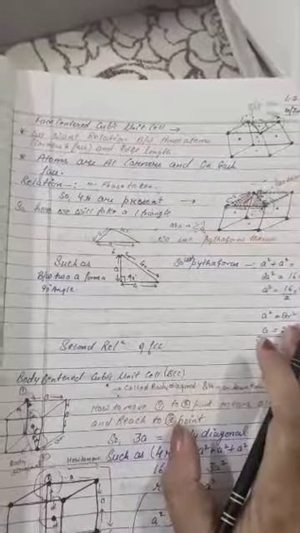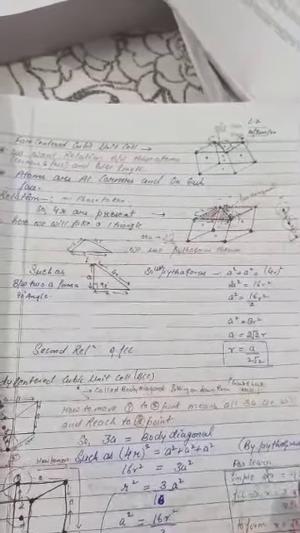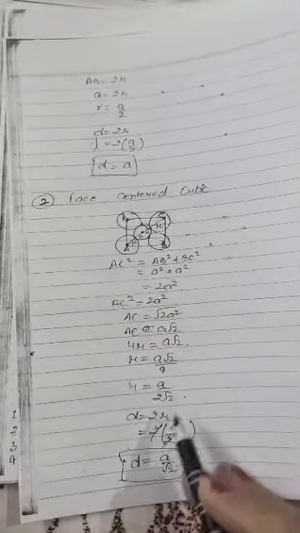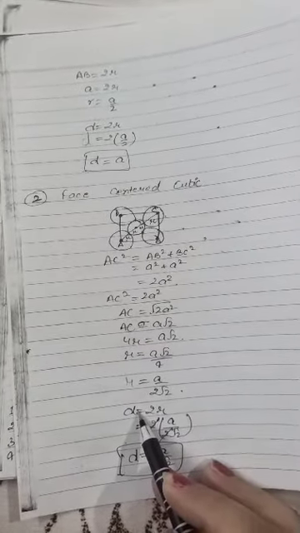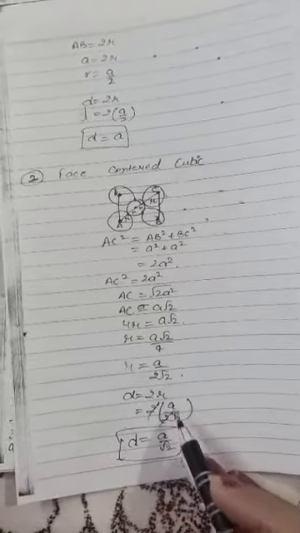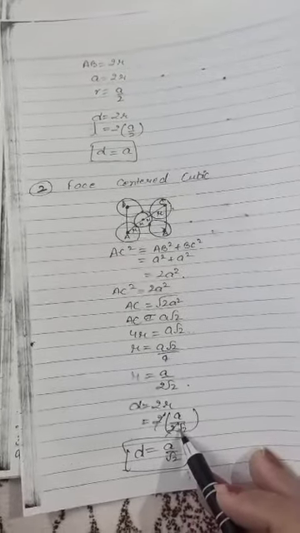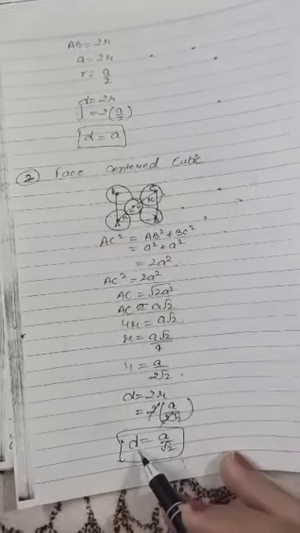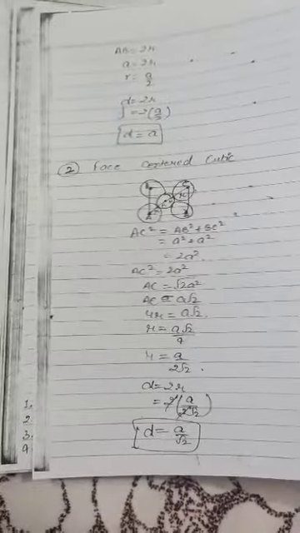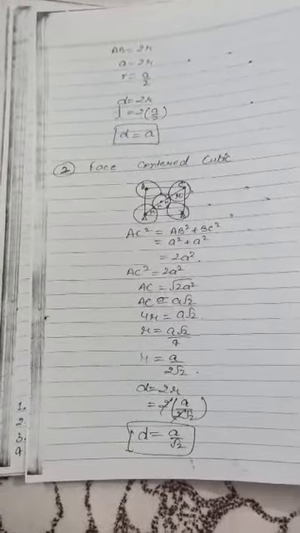So this is what we are telling about the FCC. Understood till here about FCC? Now we have taken out R. After this we have to find out the diameter. Diameter is coming as 2R, we will take diameter as 2R. R is A upon 2 root 2. We put the value A upon 2 root 2, and it is coming here D is equal to A upon root 2. So overall, we should know the radius, and second thing, we should know the diameter also.